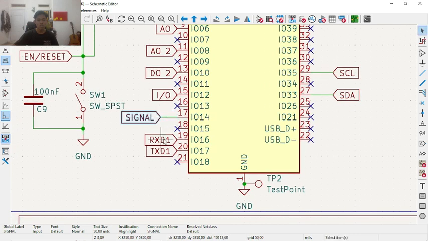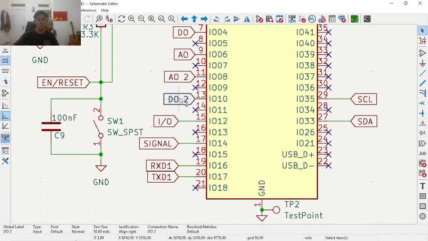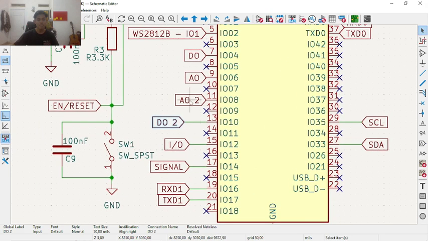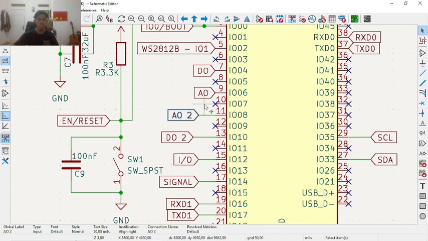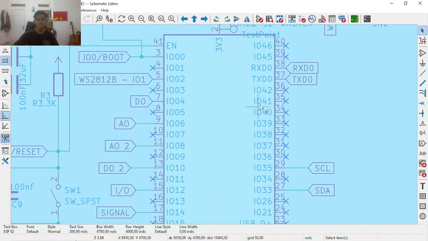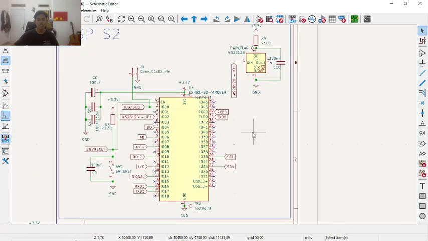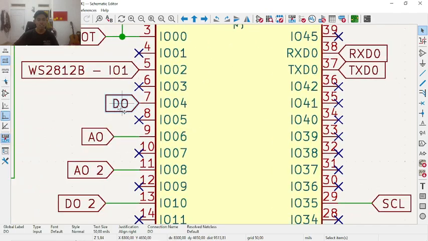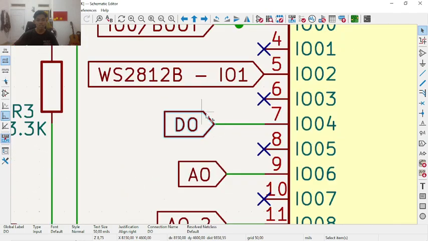So I will add test point for the communication, so we can measure if there is debug or something wrong. So that's the function of test point.